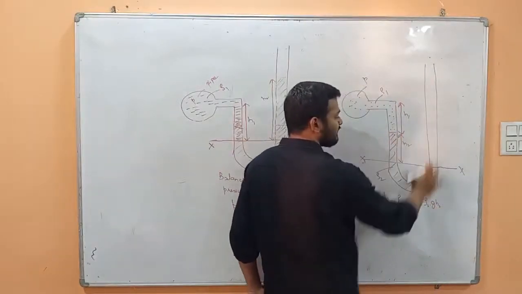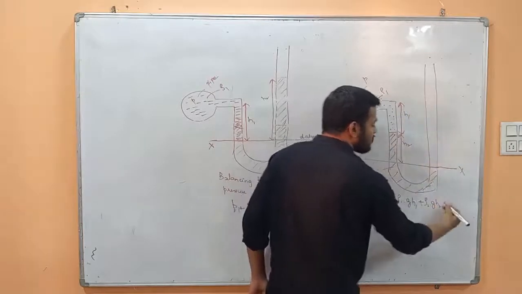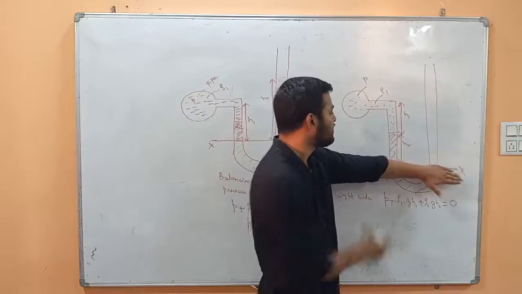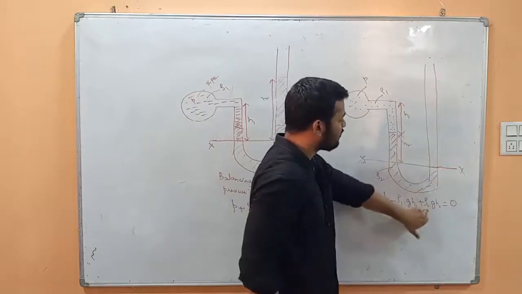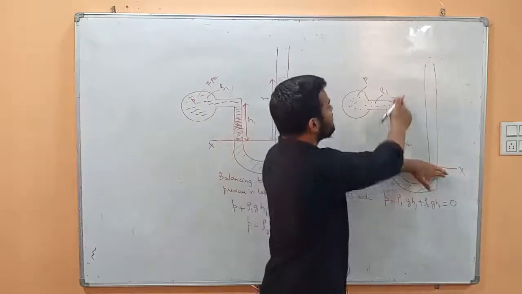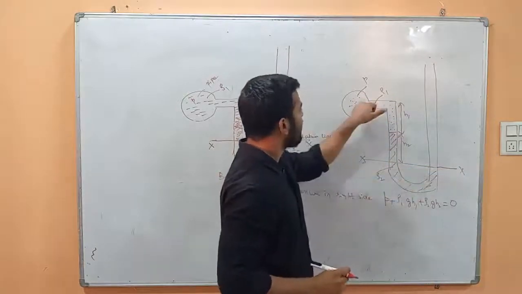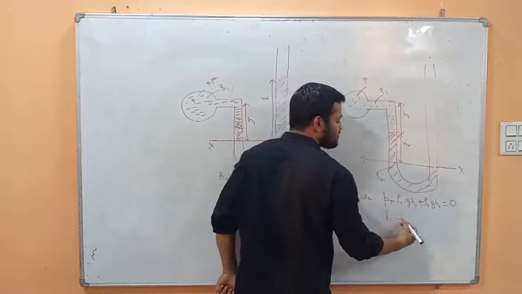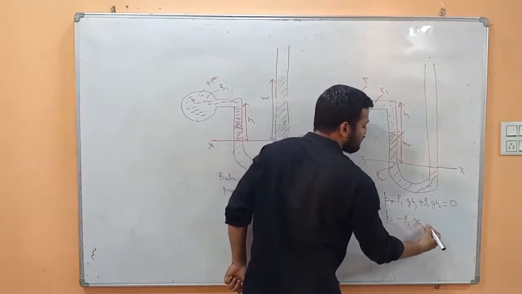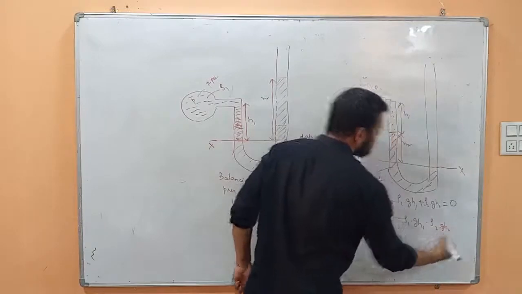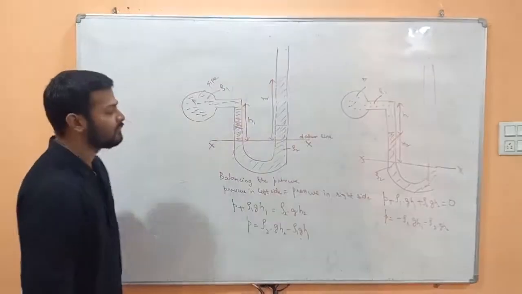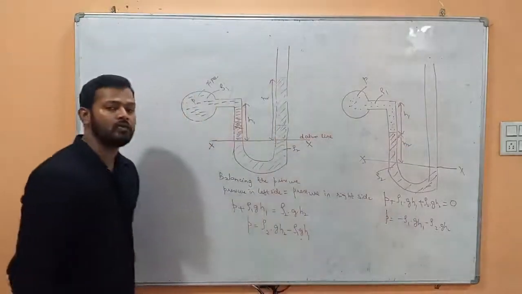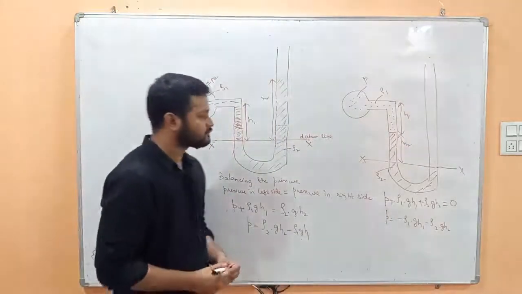On the right side we have nothing above the datum line, so 0. We only calculate above the datum line. So above the datum line we have H2, so for H2, rho 2 GH2. For H1 we have rho 1 GH1, and the pressure of the liquid inside the pipe is P. So from this we get P equals minus rho 1 GH1 minus rho 2 GH2. You don't have to mug up these formulas, only remember the concept of how I am balancing the pressure, because it's very difficult for you all to remember all the formulas.